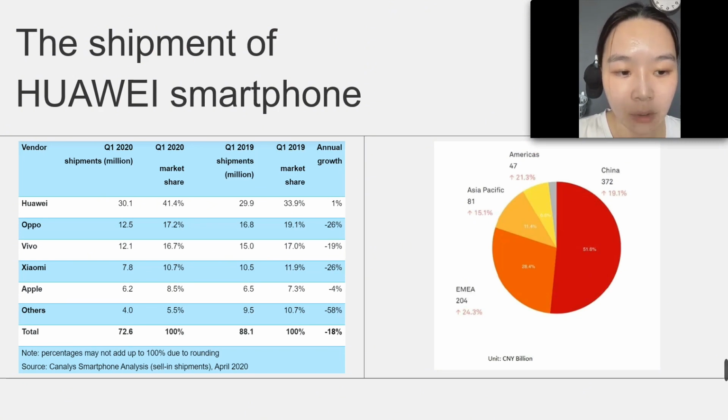It shows that over 50% of total revenue comes from the business in China. It means that Huawei smartphones still need to improve competitiveness in the global market. Next, my group member will show the cost of the smartphone and other information.